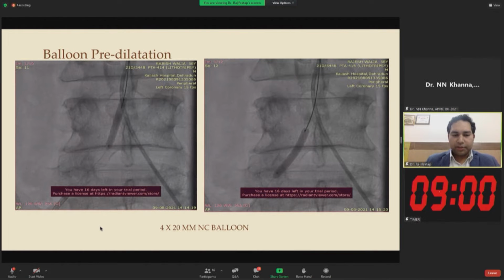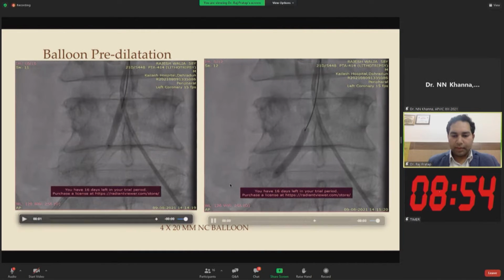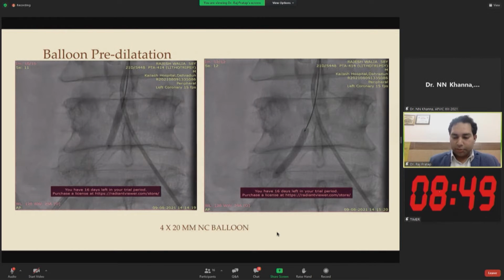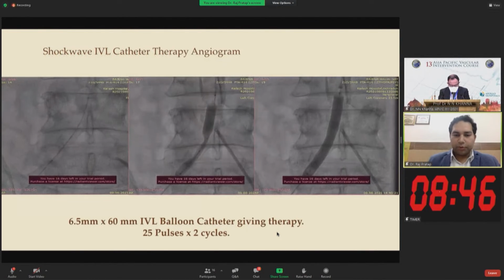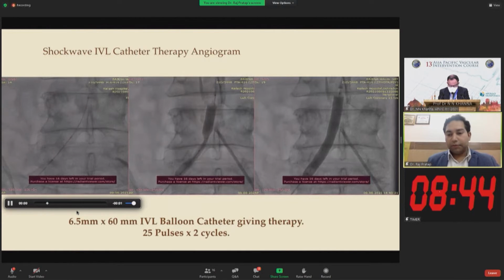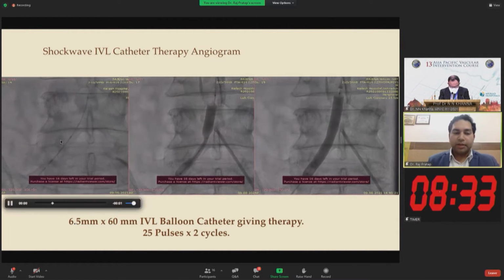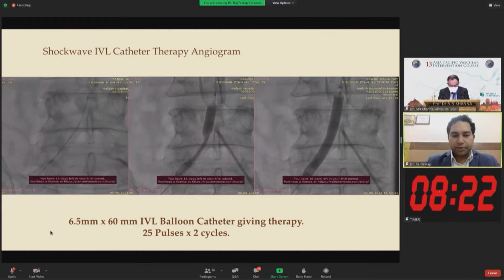It was then further dilated with a 4 by 12 mm NC balloon. So these are the images. We had hoped that after that we would get some good flow, but it was not there. In view of heavy calcium and a history of prior surgical vascular intervention, we had to think that this calcium needs to be broken. Even if we achieved some acute success, I don't know what the long-term result would be for this patient. So we decided to subject this patient to peripheral IVL, shockwave lithotripsy.